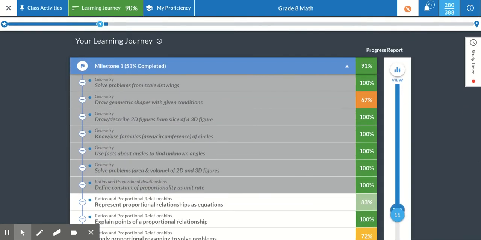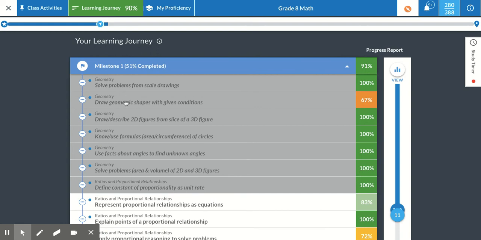If you finish your learning journey and think, I'm all done with this, a good idea is to click into your milestones and go through and look for anything that's not green. So I see one right here, 67%. I did not master it, which means I did not score 80% or better. So I want to retry it. So after reviewing the material, if I'm ready to try that assessment again to try to score 80% or better,